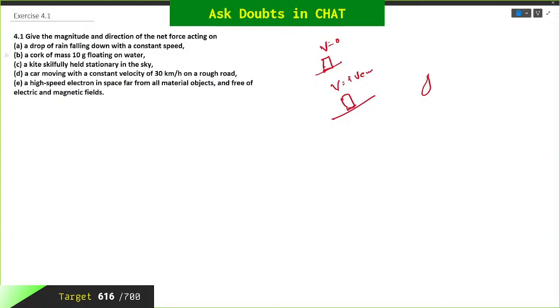So in this case it is falling down with a constant speed. The speed is not changing while it is falling down. We all know that it is under the influence of the force of gravity that is pulling the raindrop towards the ground, and also it is acted upon by frictional force